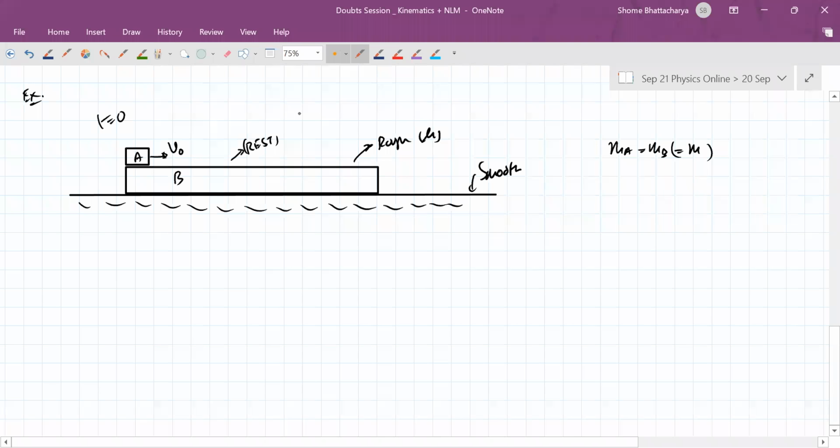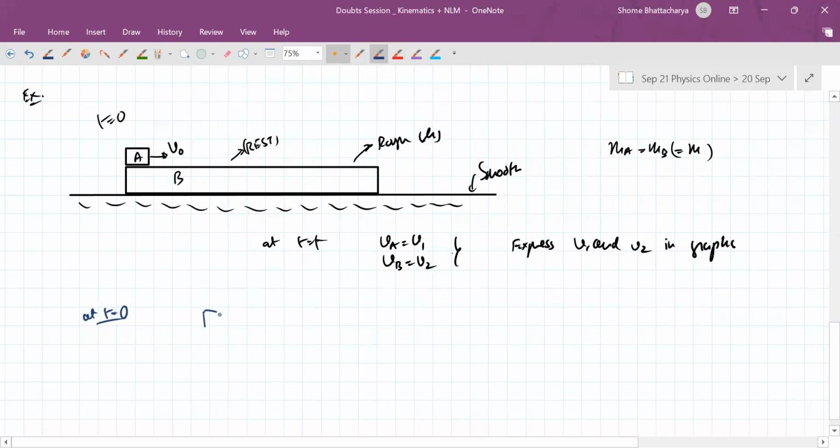Then after some time T, the velocity of A is, let's say, v1. The velocity of B is v2. So we have to express v1 and v2 in graphs. Okay, so what will happen is that immediately at T equal to 0,